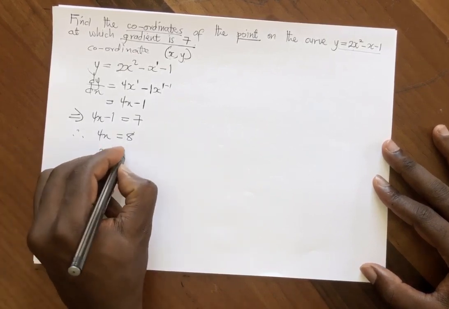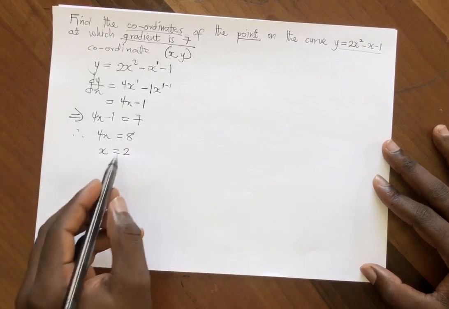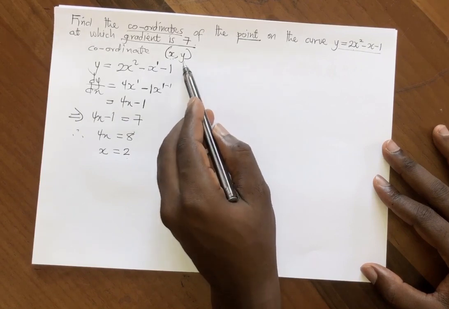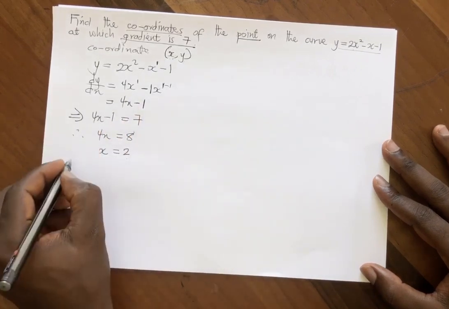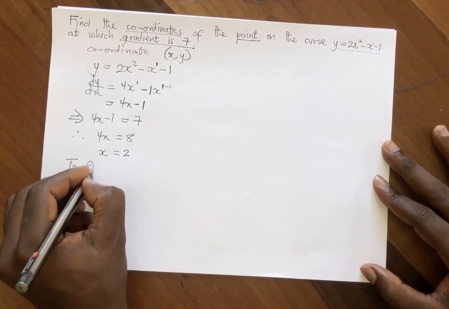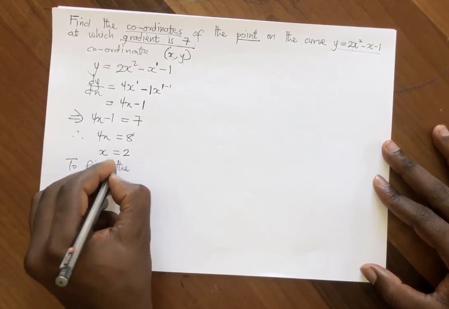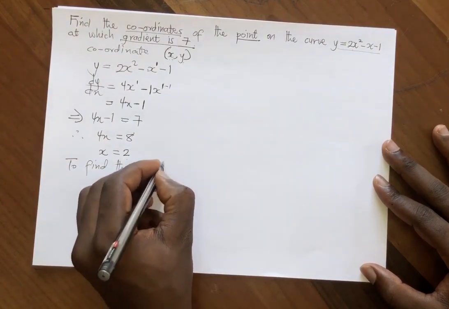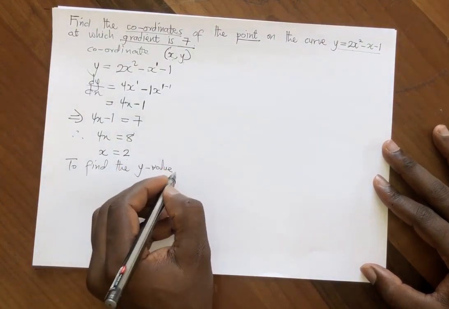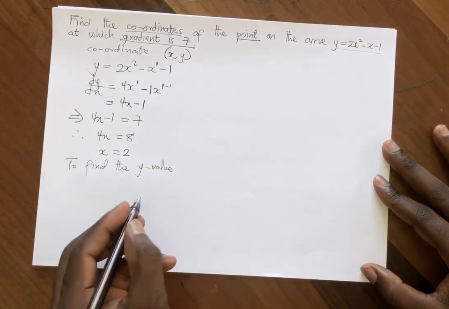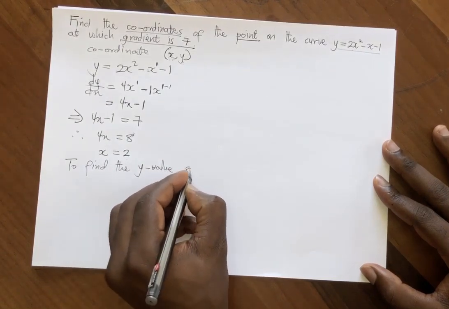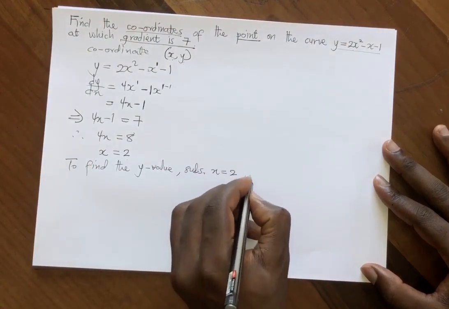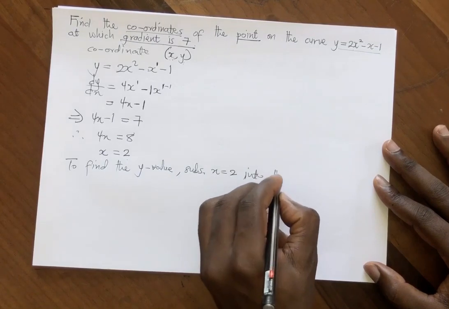So x is equal to 2, all right? So this is the x value that you have found. You are left with the y value. So to find the y value, or the y component of the coordinate, you substitute x equals 2 into the curve,